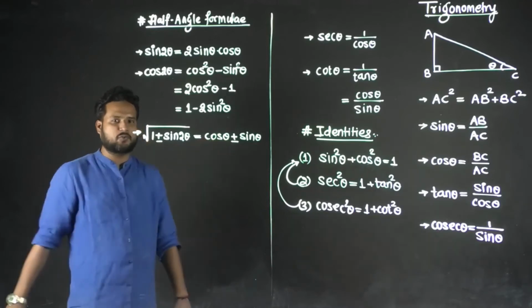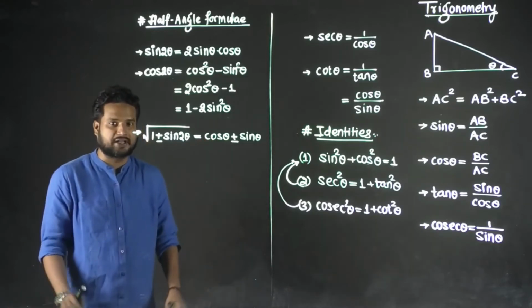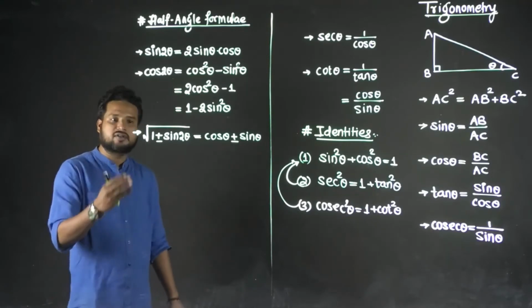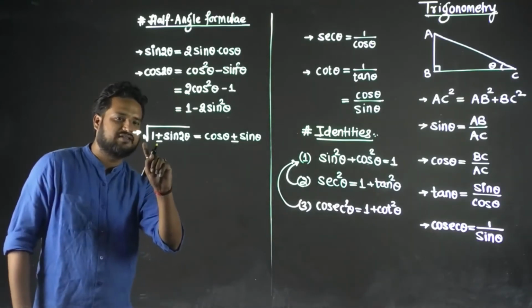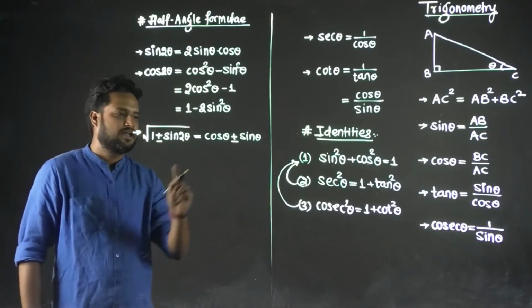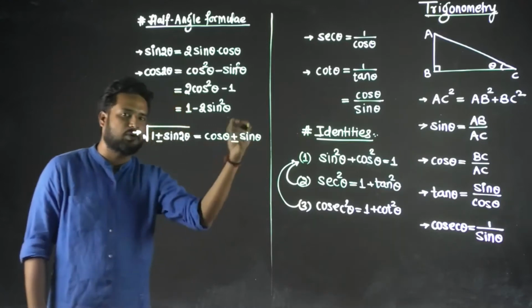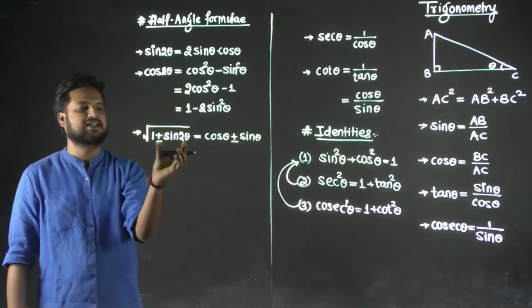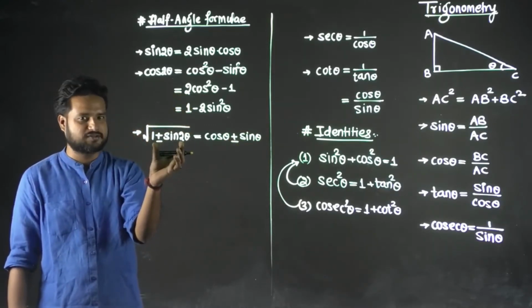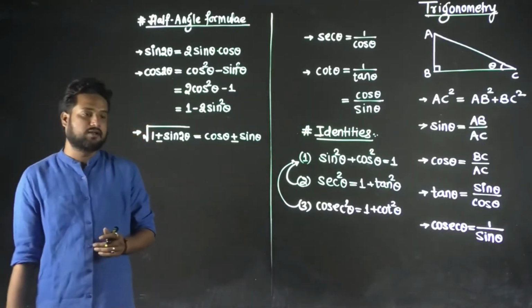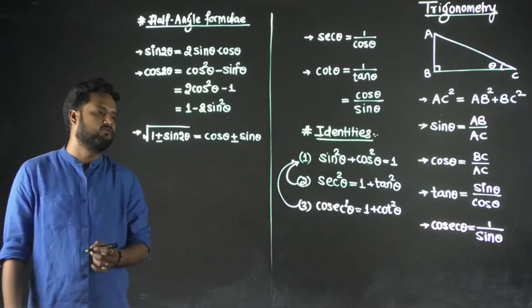If I square both the sides, just visualize. I'm not going to write it over here. I'm just discussing formulae, but how it comes, you can understand. If I square, then this root will vanish and it will be this, the whole square. You apply the (a plus b) whole square formula, you can eventually see that it is equivalent to this. Clear? So that's how we get this formula. You can do the derivation part as a homework.